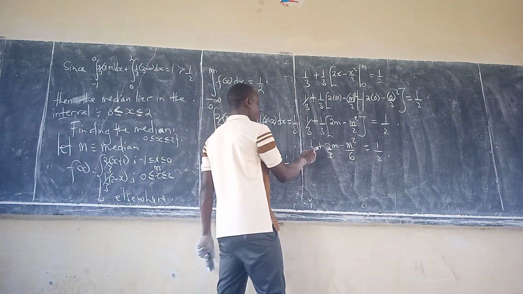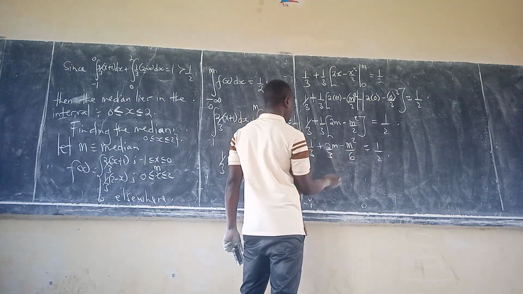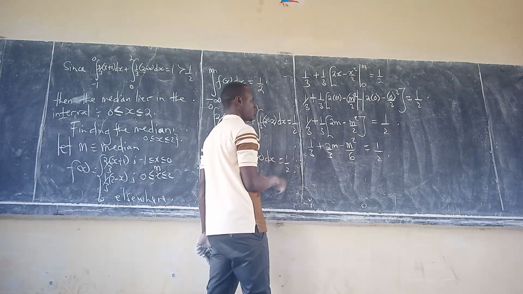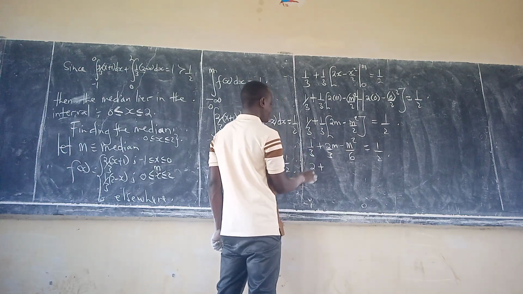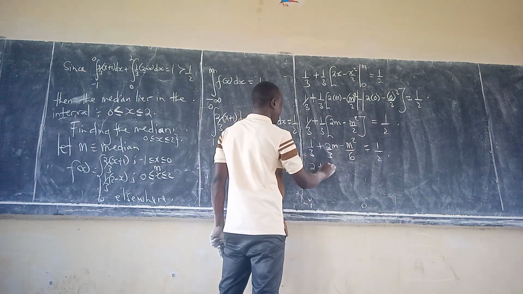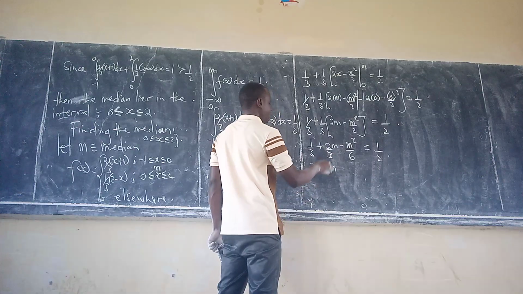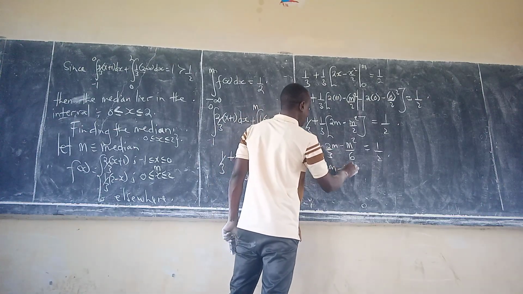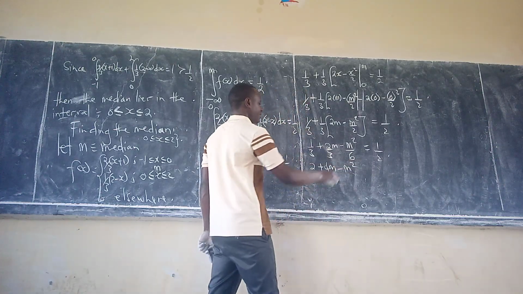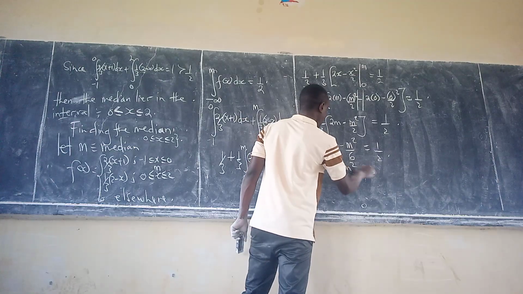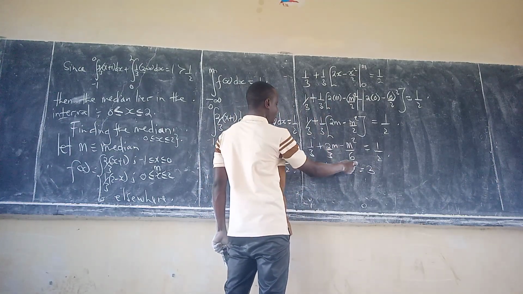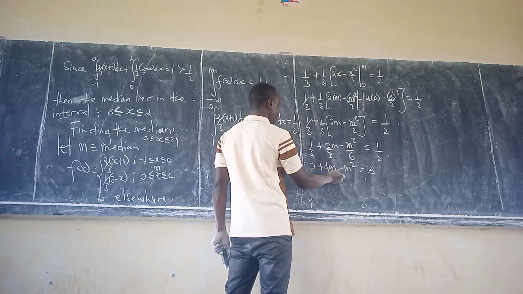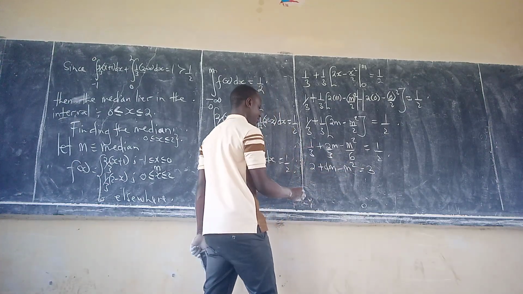Our LCM of 3, 6, and 2 is 6. So we are multiplying all through by 6. 6 times 6 is 2, times 6 is 4m, times 6 is the m squared, then times 6 is the 3. So because the coefficient on the variable squared is negative, all these terms move to the other side, and